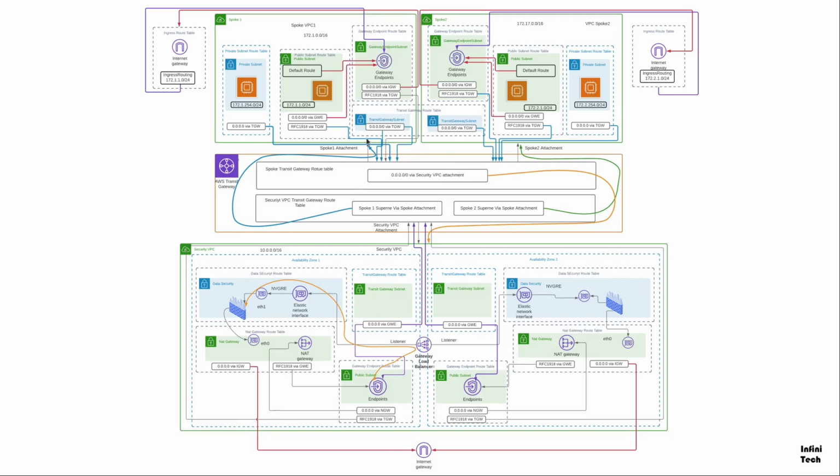The route table of the gateway endpoint routes the traffic from spoke to spoke as well for east-west segmentation. If one spoke sends traffic to another spoke, traffic will get routed through the spoke VPC to the Transit Gateway. The traffic gets to the security VPC and gets routed to the VPC endpoint, onto the firewall. It returns back to the route table, which has a route for RFC 1918 to go to the Transit Gateway attachment.